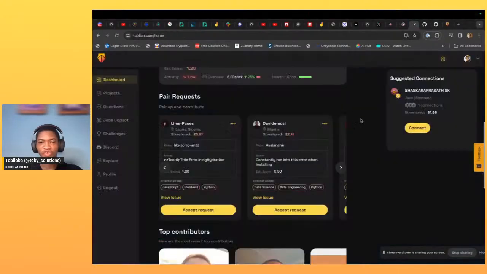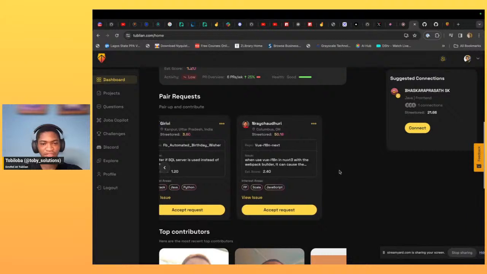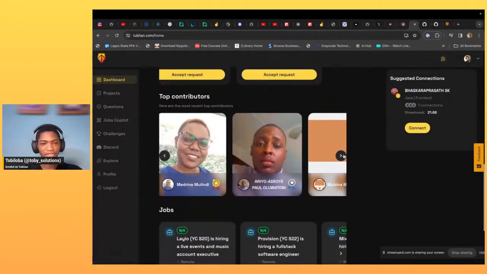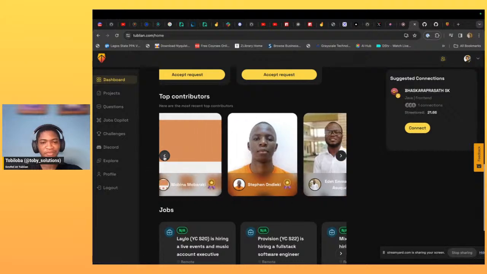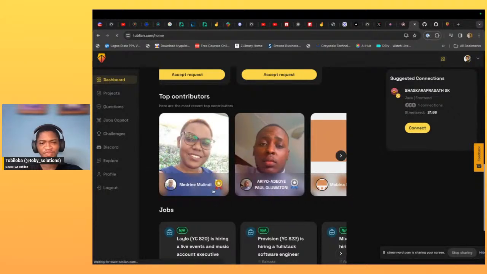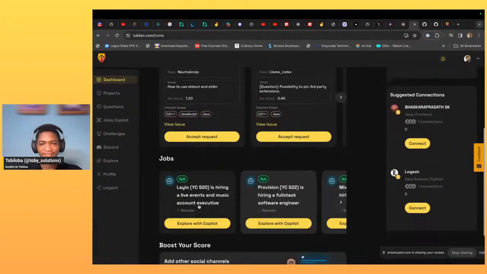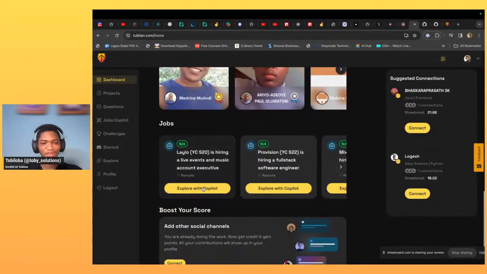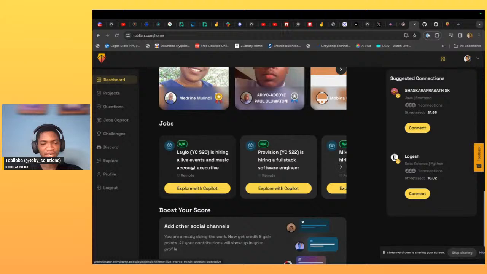My God, the discoverability of projects here is pretty insane, as to how many projects you can find out from either going through your pull requests or looking at contributors that have been top contributors and looking at projects they work on. Some really amazing people. They're doing very great things. Amazing. I'm definitely going to come back here to work on these, and then you can see jobs as well from startups, and this was a YC company currently looking for